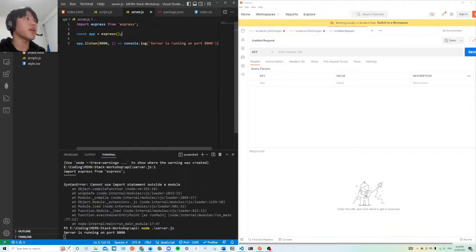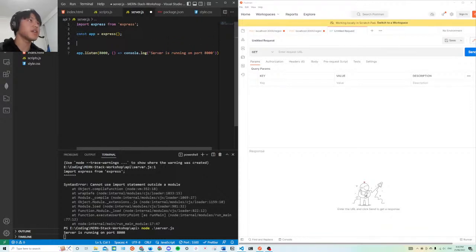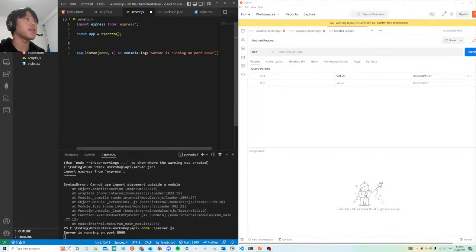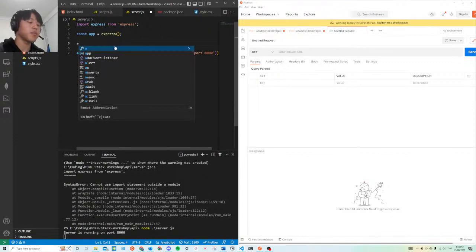Now we have created our backend and we've got it to run. We can now create our actual endpoints, right? So we're going to create a HTTP endpoint, just a very simple one for a GET request. So like I said before, there are 5 main methods and GET requests are one of them. To create it,